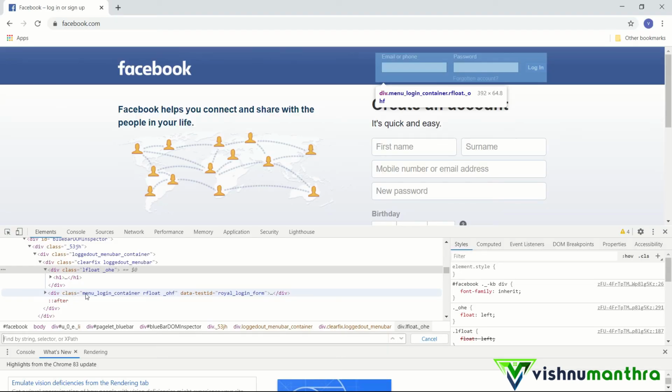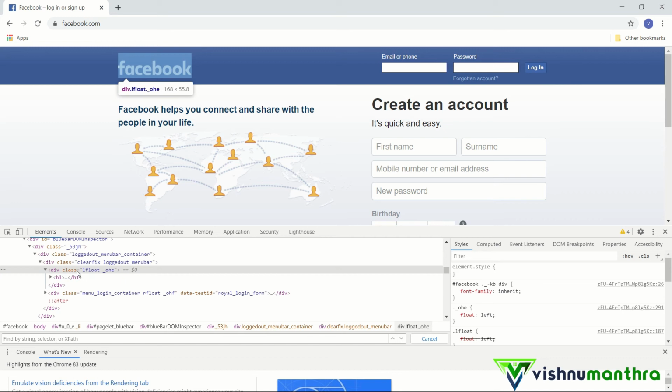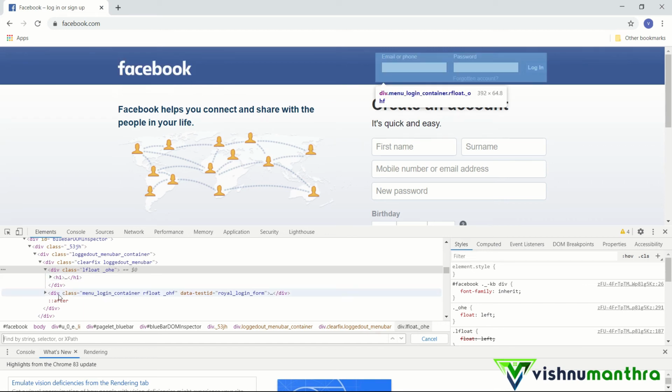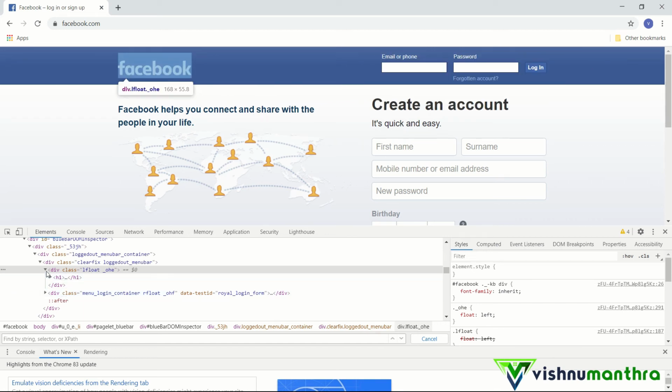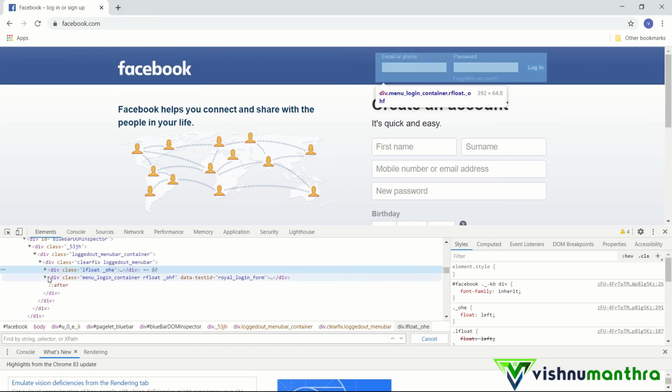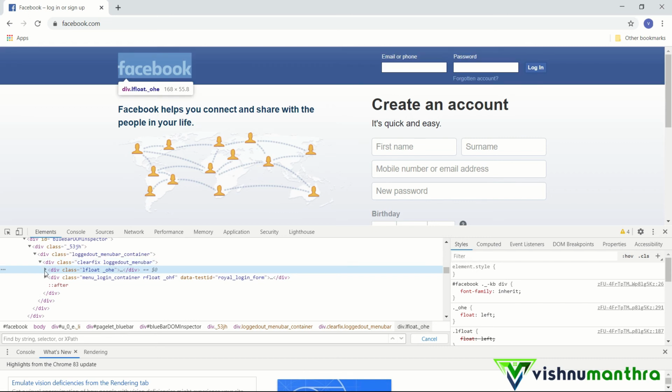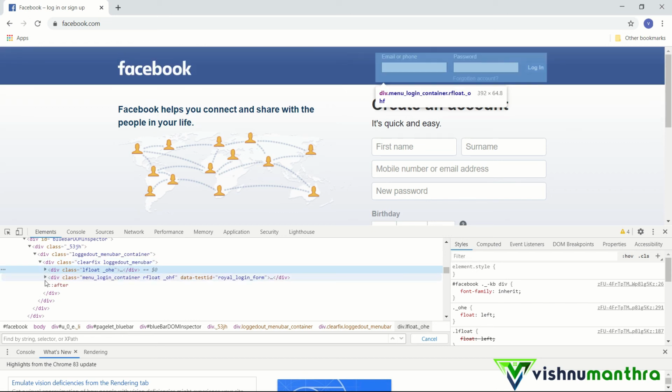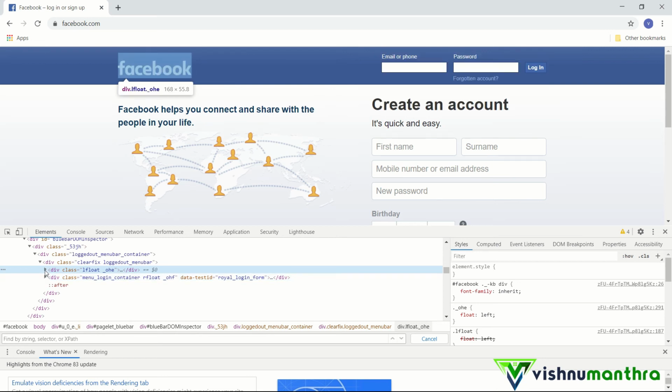Suppose we want to go to this particular element, referring to this particular one, how will we do that? In order to achieve that, we can take this class name, this class followed by this attribute, then we can give following-sibling, because if you see here, this div has this as its sibling. This particular div has two children, and for this child this is the sibling. So if you want to come to this sibling, we can use following. This will be very useful.